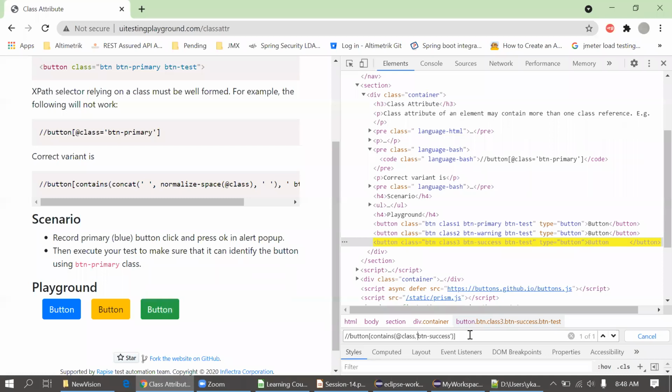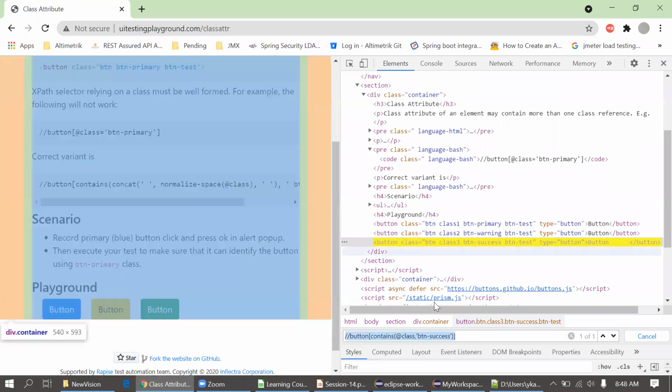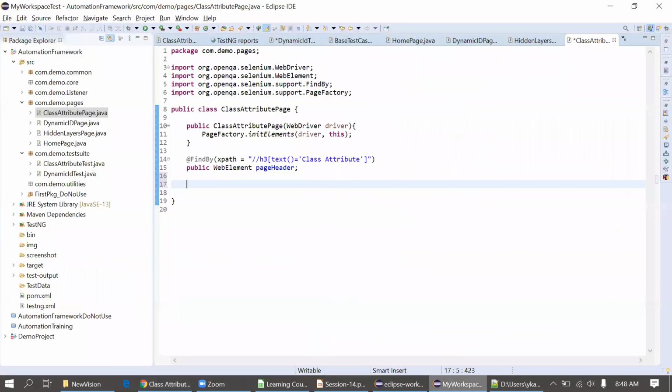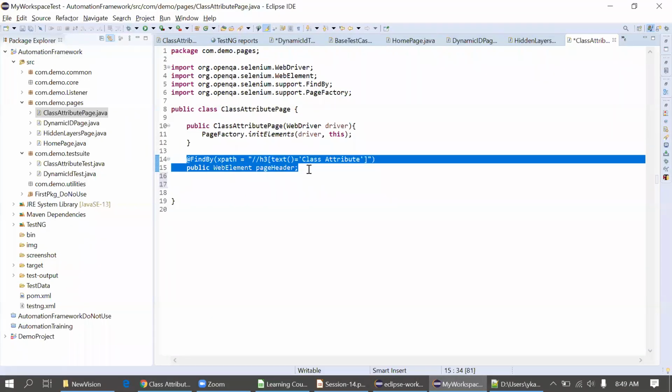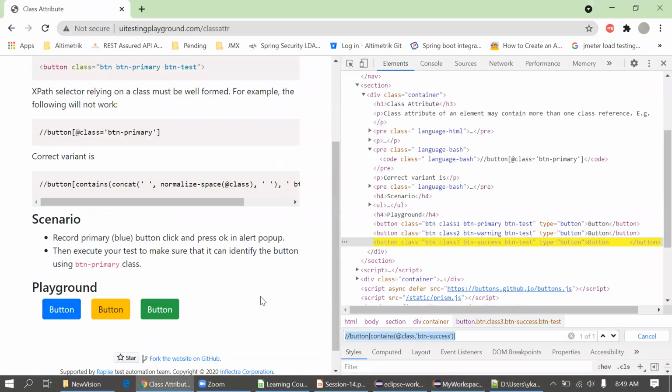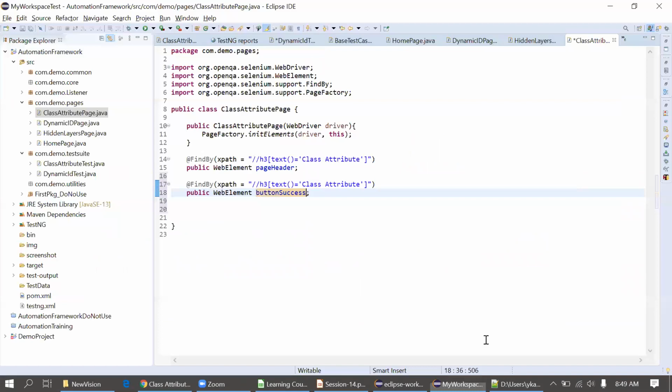Okay, so now if you want to click on the green button, this is the locator for this green button. Every time it will point to the green button. Because it's a button for success, I'll just create a locator for that in our code. I will put the name as button success here because there is the same name everywhere for the three buttons. So I will make it button success. Copying this, pasting the XPath here.